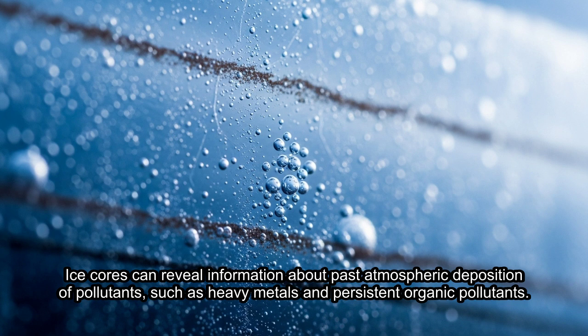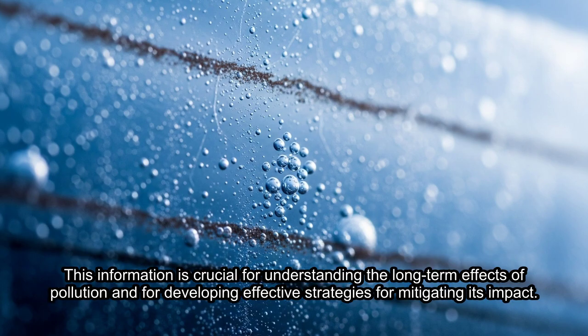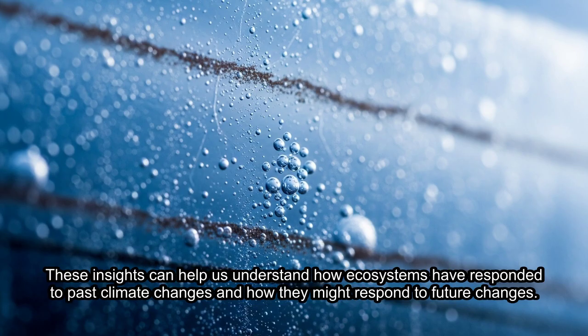The study of ice cores also provides crucial information about past climate variability, allowing scientists to distinguish between natural fluctuations and human-induced changes. By analyzing ice cores from different time periods, researchers can identify patterns and cycles in the Earth's climate system, such as the Milankovitch cycles, which are long-term variations in Earth's orbit that affect the amount of solar radiation reaching the planet. Understanding these natural cycles is essential for accurately assessing the impact of human activities on the